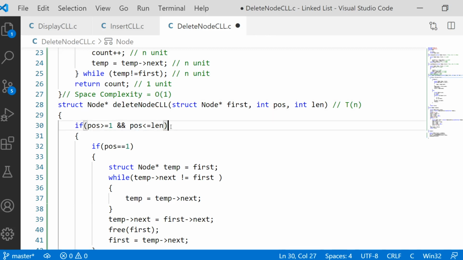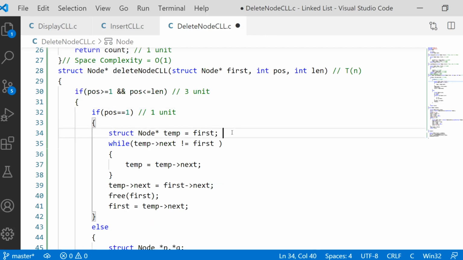Here coming to the if condition, how many operations are there? Greater than or equal to is one operation, less than or equal to is one operation, logical and is the third operation. So for 3 operations it will take 3 units. If it is 1 condition, it is 1 unit, but 3 conditions means 3 operations, so 3 units. Then for this if condition, for every line we will just specify the unit time taken. This is only 1 condition here, so only 1 unit time will be taken here.